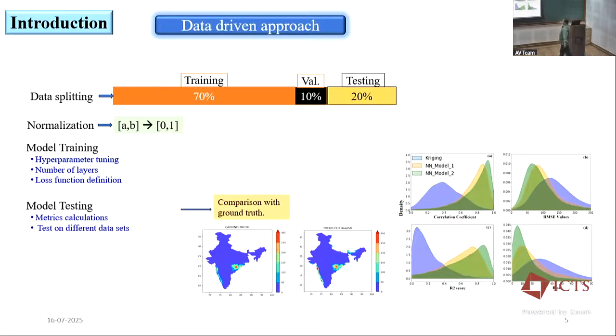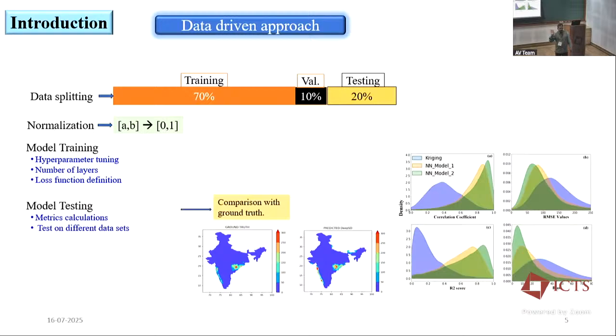Fine. So once we have done this, we go through model training and then model testing. These are the main steps, which Ratish sir also told: hyperparameter tuning, and the number of layers, which you can say is part of model tuning, and the loss function definition.